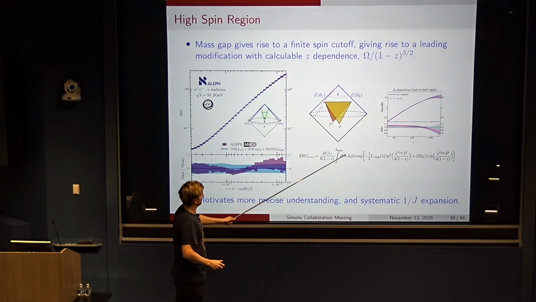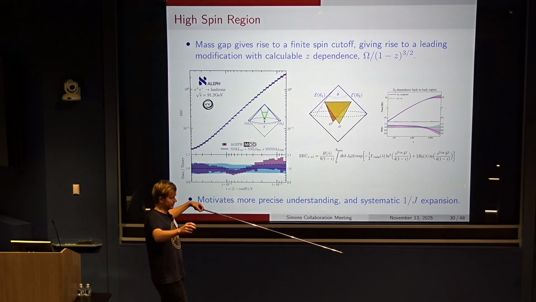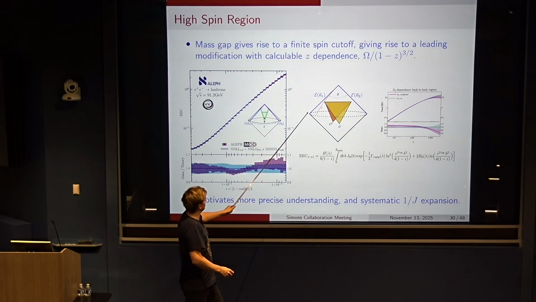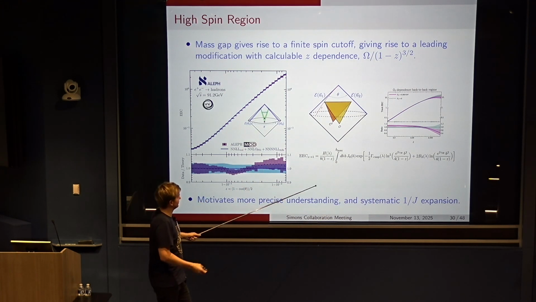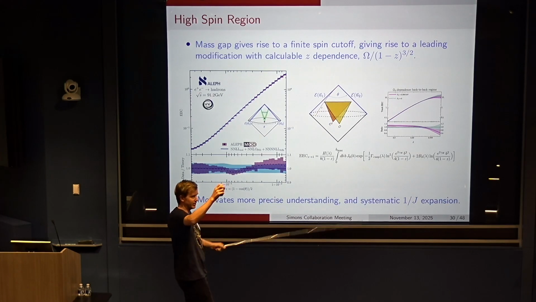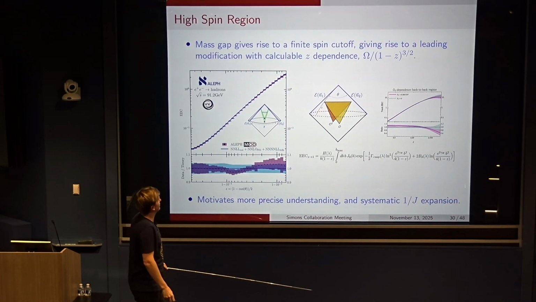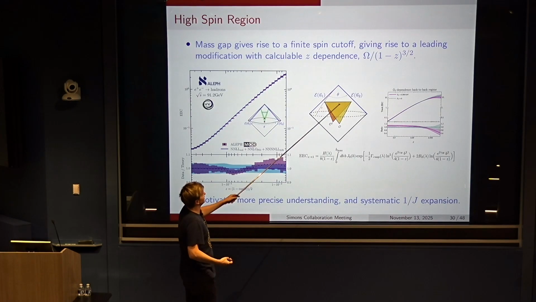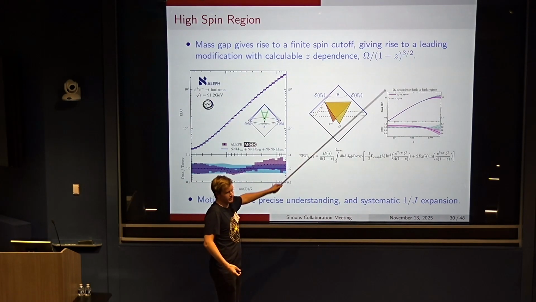And so one way of thinking about what this does is, in this original expression which I showed you, if you really had massive particles, you excite arbitrarily high spins. If I put a cutoff on the velocity of these hadrons, essentially what happens is I truncate the maximal value of spin, and this leads to a small deviation which is computable, or its functional form is computable in QCD.